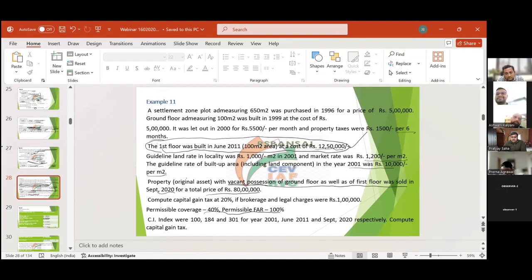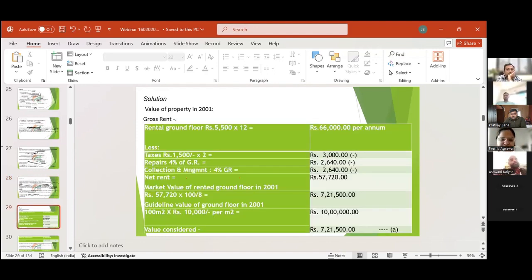The only thing is how to calculate the value of land in this case and how to calculate the value of the ground floor in this case. That is the important thing. Clear? So now we will concentrate on how to calculate the value of the ground floor and the value of the land. Please be attentive. See here, value of the property in 2001. Rental of ground floor,